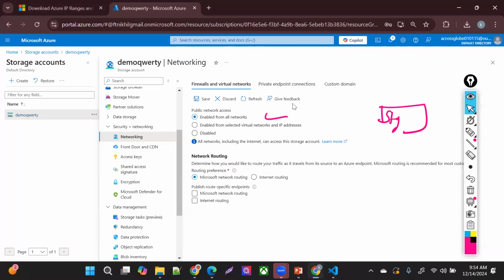This person from some location in the world, from any location across the earth, and this person also from that earth can access this storage account, right?